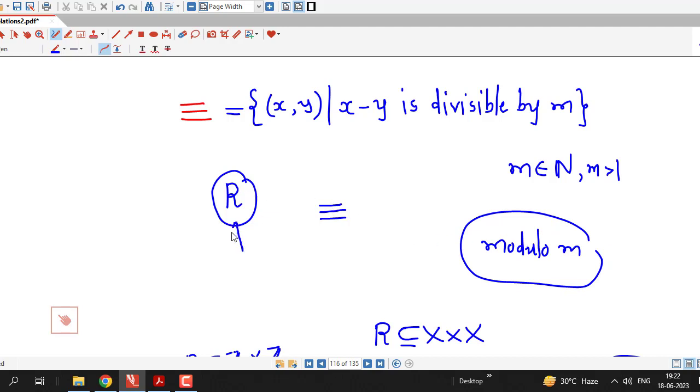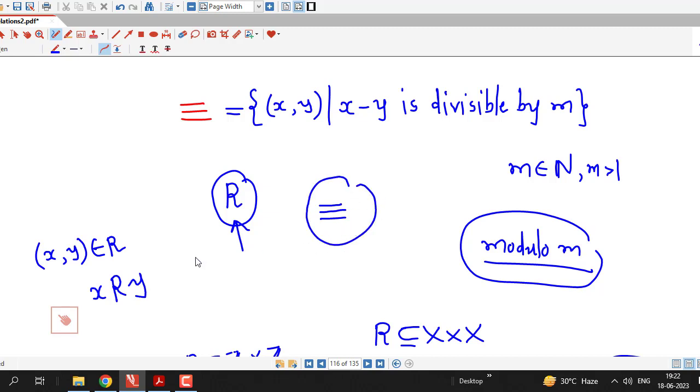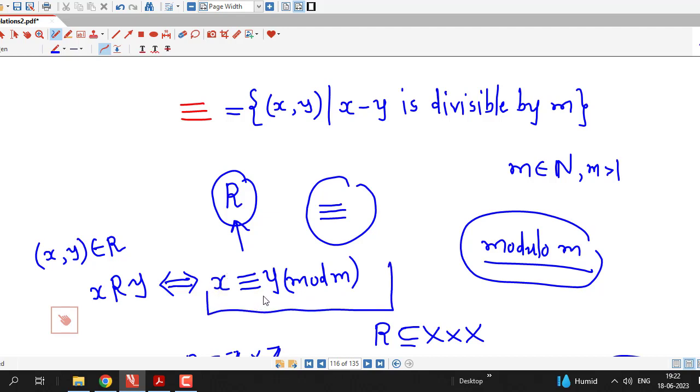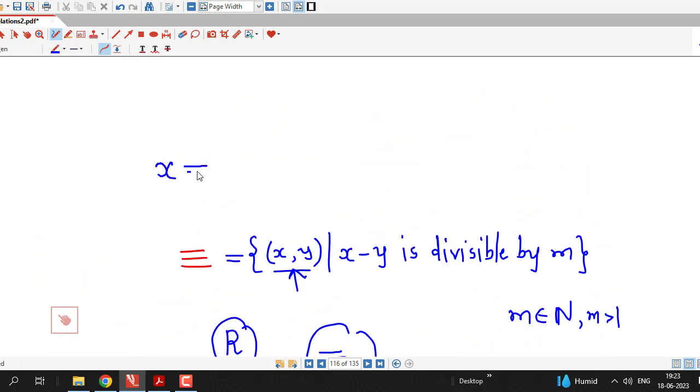So we say that R is a congruence relation modulo m, and whenever (x, y) is an element of R, we write that x is related to y, and here we are using this congruence symbol. So I can represent this as x is congruent to y modulo m; shortly we write mod m. This we read as x is congruent to y modulo m, and it means the ordered pair (x, y) is a member of this relation, and therefore x minus y is divisible by m. So we will remember that x is congruent to y modulo m if and only if x minus y is